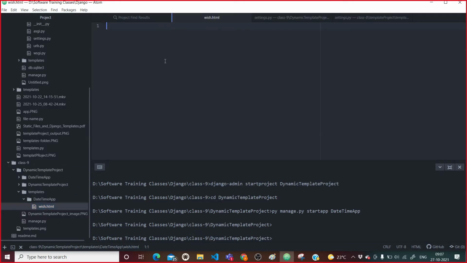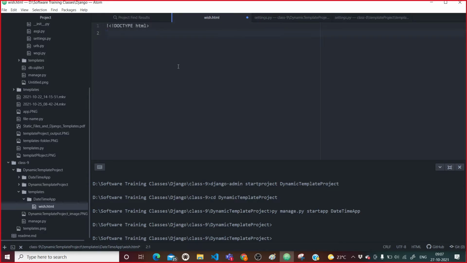What I will write in this template is very simple. Simple HTML I'm going to use here. Just a minute. Okay, so what is the template I'm going to write here? Simply I will say doc type.